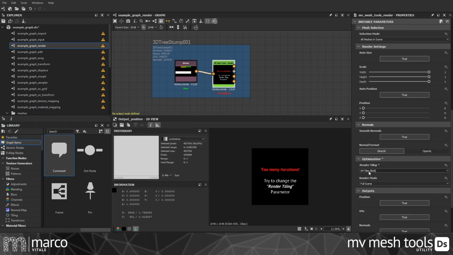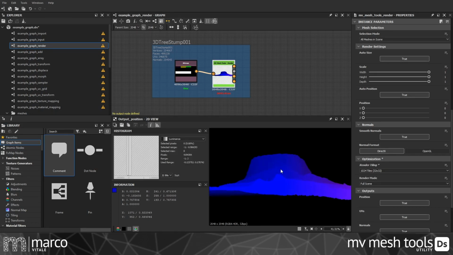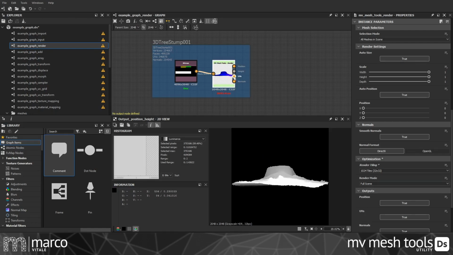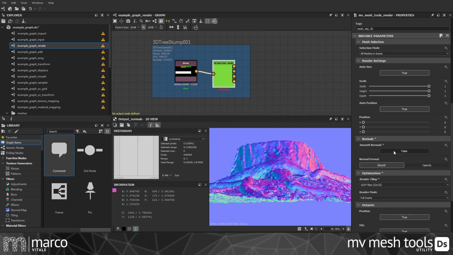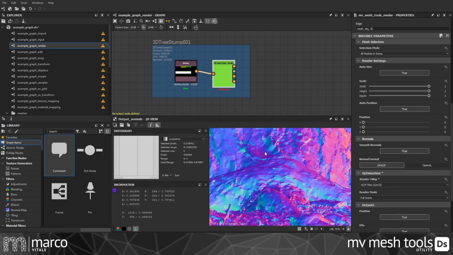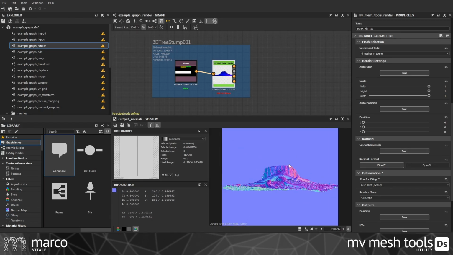Depending on the complexity of the input scene, you may have to adjust the number of tiles, keeping them as high as necessary and as low as possible. The rendered normals of the mesh can either be face normals or smooth vertex normals, which are calculated when activating smooth normals. The render settings parameters are meant to adjust the size and position of the scene in the render